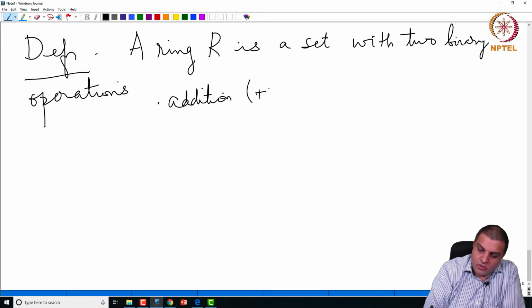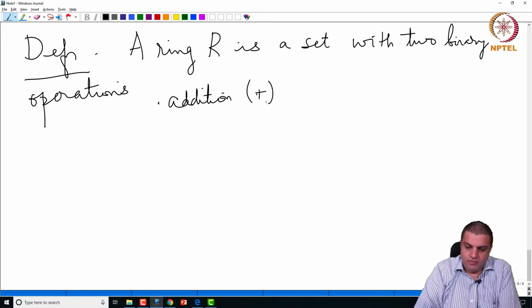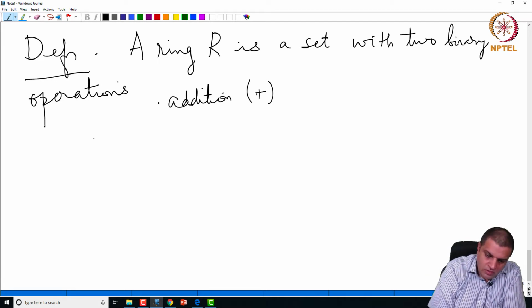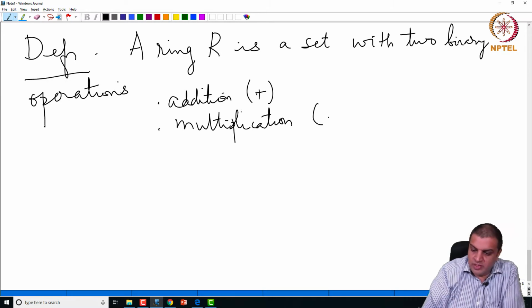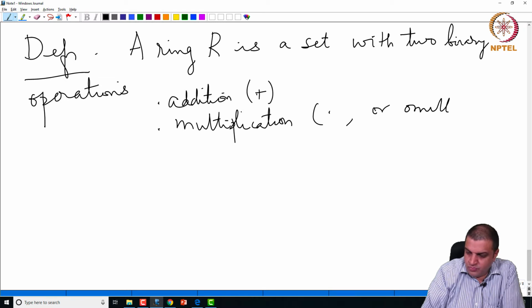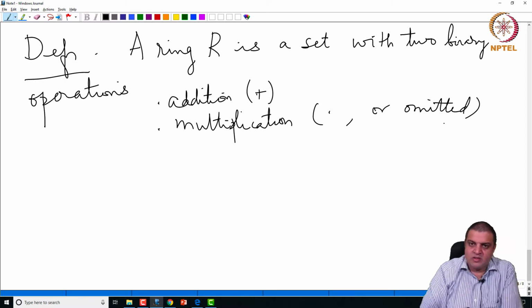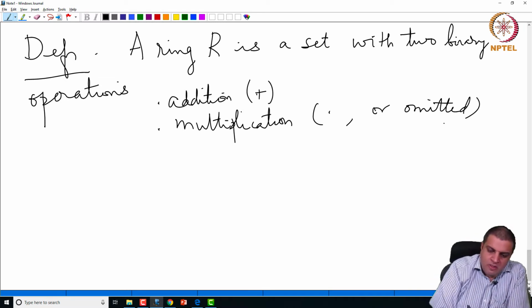Addition, which we denote by a plus sign, and multiplication, which we denote by a dot or just omit. Typically, we will not write a dot, such that